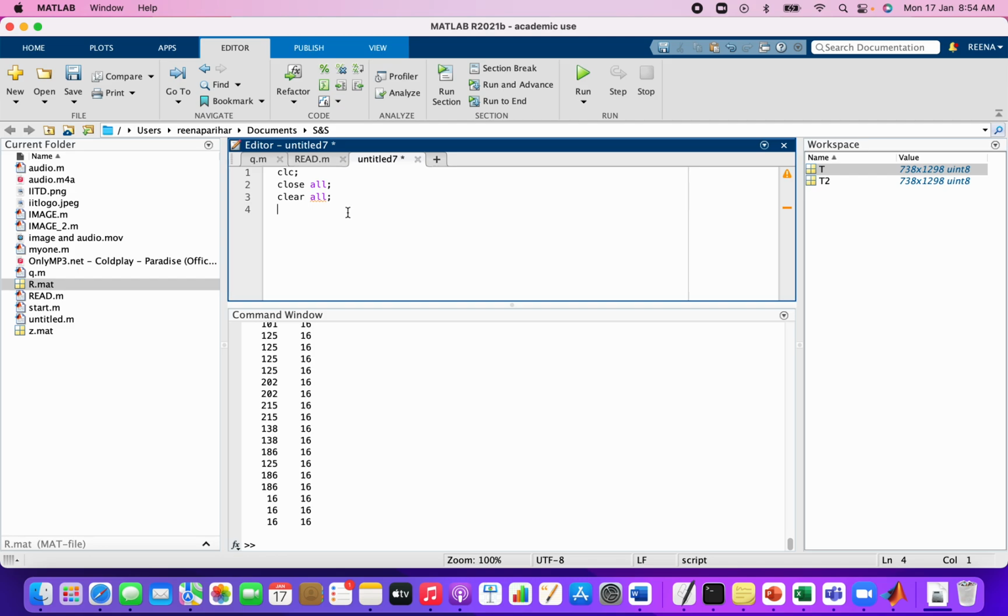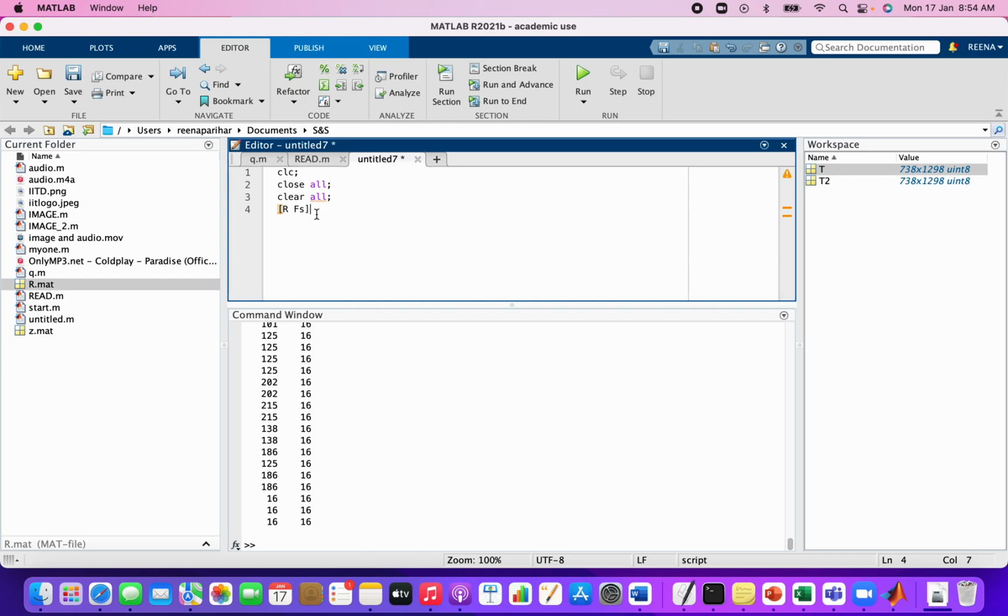Now you want to read your file. I have this one audio.mp4, so I am going to call it. Why am I using FS here? FS is the sampling frequency. You know that a sound wave is a longitudinal wave, so it will be in analog form.